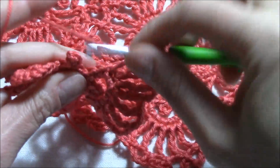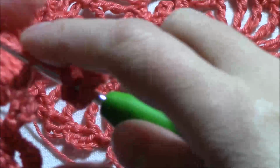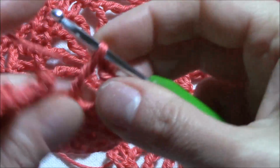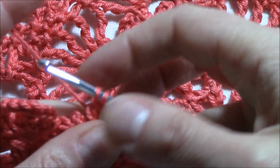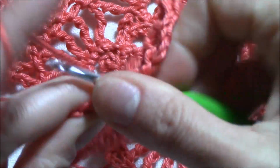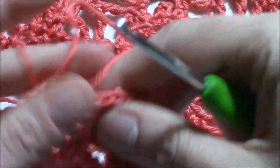2, yarn over twice, and as you can see we have two more single crochets. So we have 2 more single crochet, and we want to work only in this one, and we will skip the last one. This is the last triple crochet of this arch, so I will leave 2 loops on the hook. I will yarn over twice and skip into the second single crochet of the very next arch and work your triple crochet. Now 3 loops on the hook, pull through all 3,